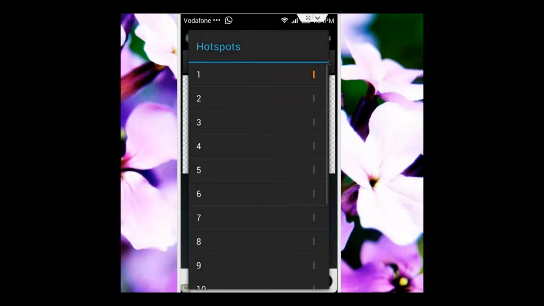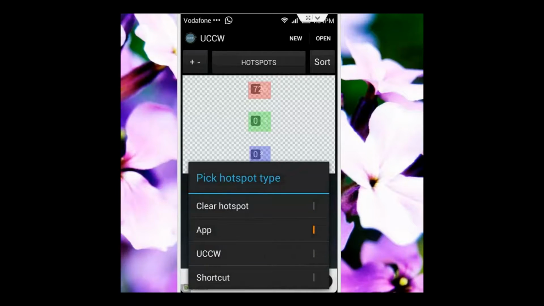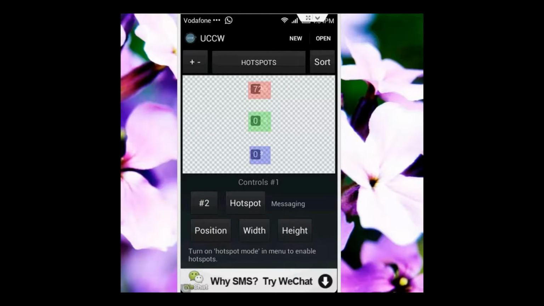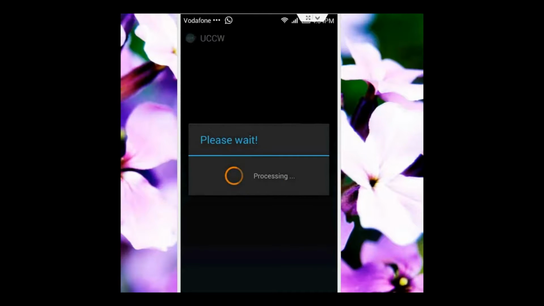For our hotspot 2, it says messaging. If you are using a third-party messaging app, make sure to click that hotspot, go into that app, it will come up with your list, make sure you choose it. And the same goes for hotspot 3, which is our dialer. Now for dialer, guys, I'm going to change it to my phone app. So I'll choose my app,